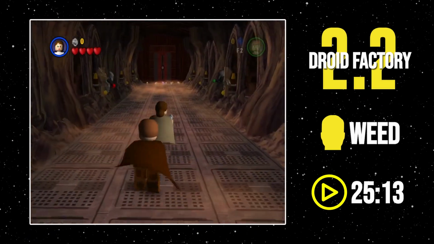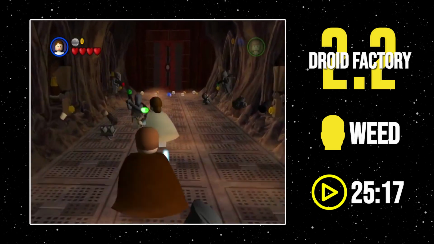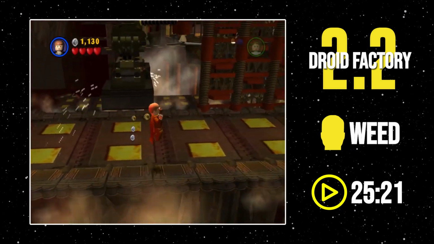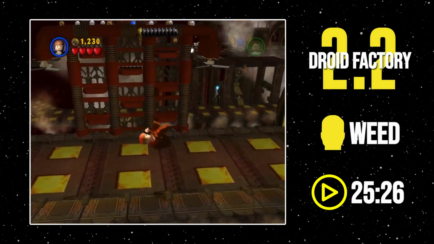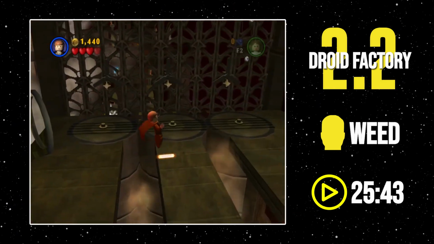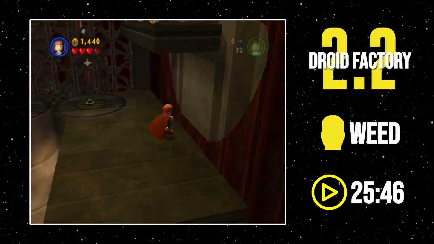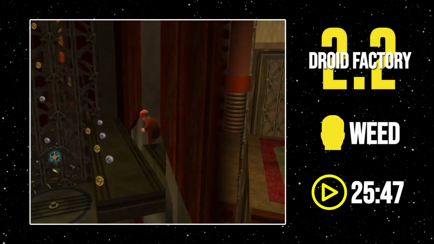Right away, Weed switches to Padme, using her effective damage output to clear enemies whilst running down the first hallway. Switching back to Anakin, Weed proceeds to double jump along the edge of the platform, avoiding the runway, which slows down your movement speed. When reaching the end of the platform, Weed runs straight into the wall as there is no collision on the front of the wall and is then able to pixel jump up to the room transition